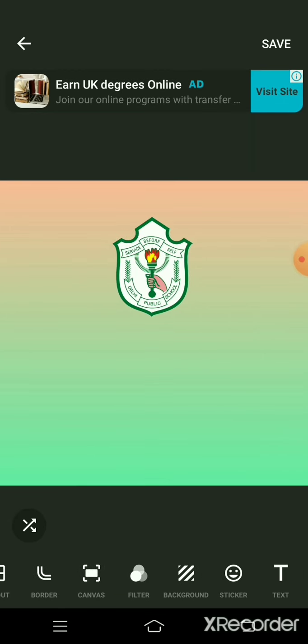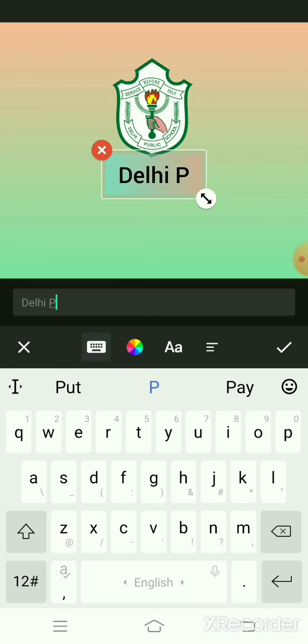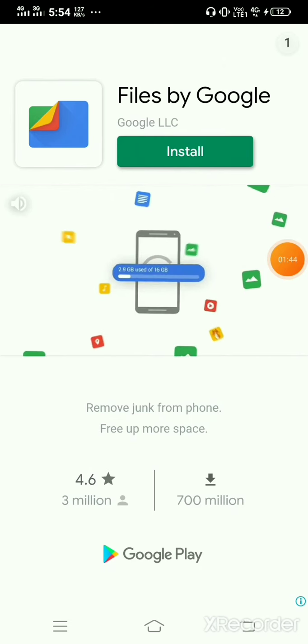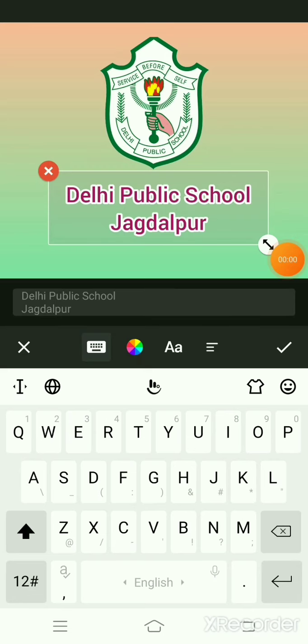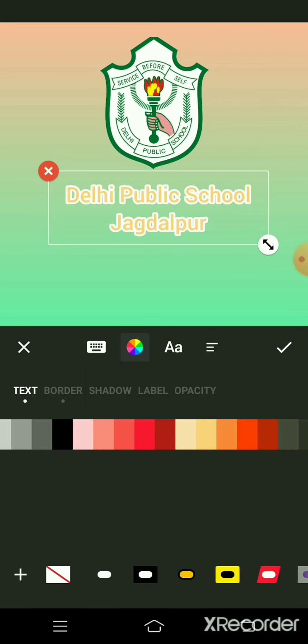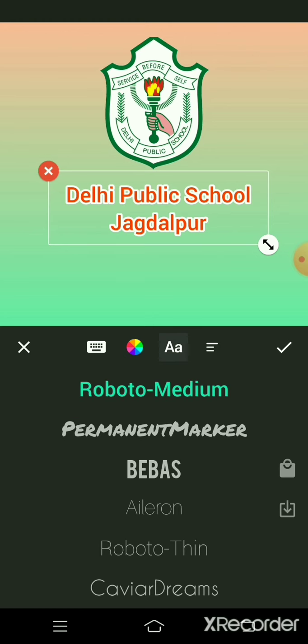After that I need to add some text, so I'll click on text and I will write here Delhi Public School Jagdalpur. After writing it, or any text, you can set its color, you can set which font type you want, or you can change its font.